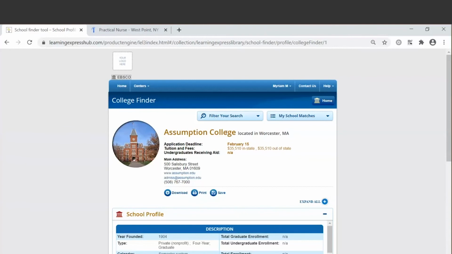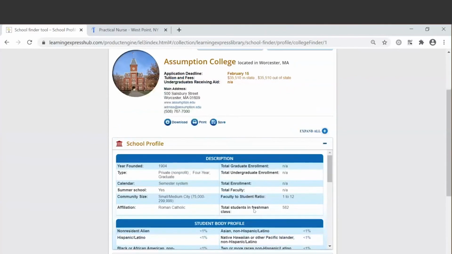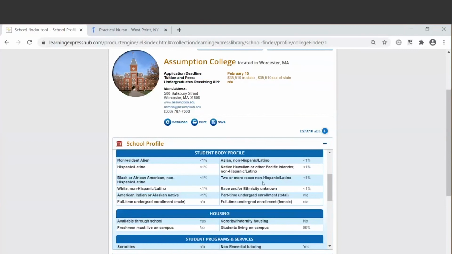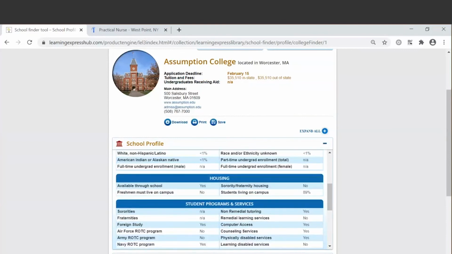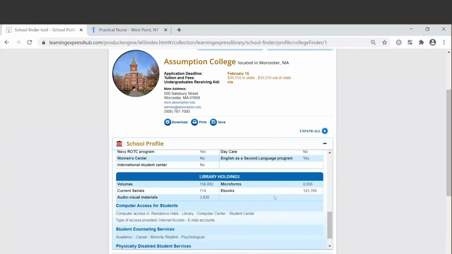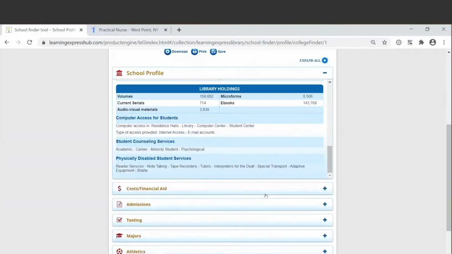When is the application deadline? How much is the tuition and fees? Can you receive any aid for undergrads? The address, the school profile. So you'll get a full description of the school, the community size, total enrollment, faculty, student body profile, housing information, student programs that are offered, any library holdings as well.